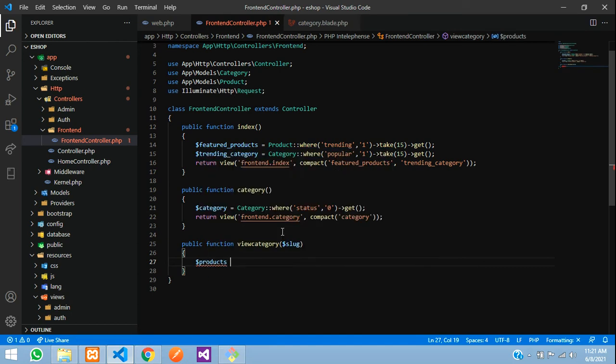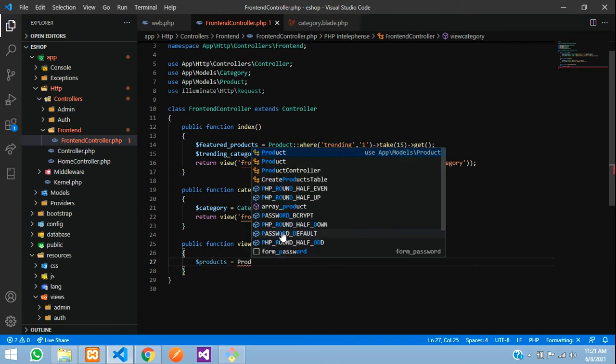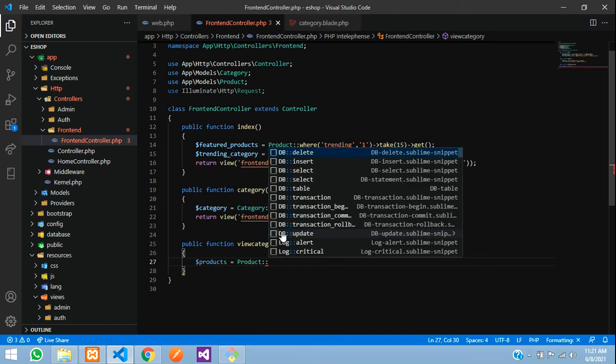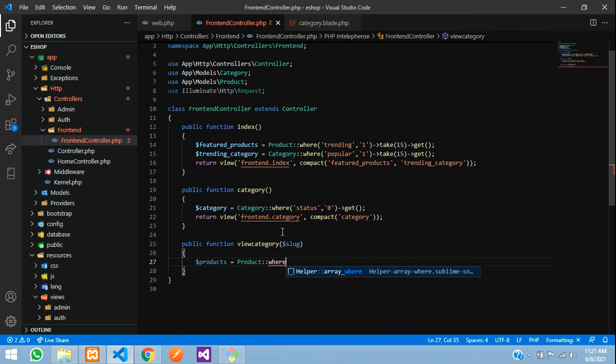Here we are going to say $products equal to product model, where, here we have stored the ID of the category, but we are passing the slug. So first we need to get the ID of that category, then we can filter the products of that particular category.